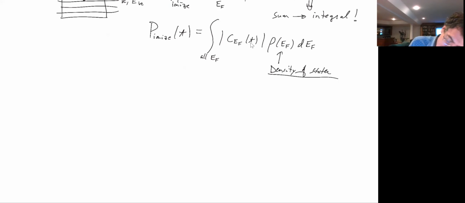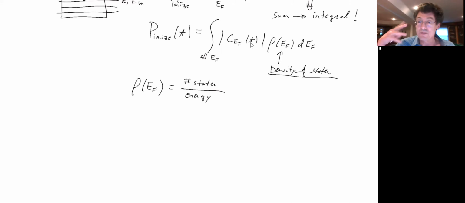And rho of EF, the density of states, is a quantity that tells us the number of states per energy. There is a number of states per energy, and it depends on the energy. At higher energy, there's more states. At lower energy, there's fewer states, and we'll actually calculate that at some point, so you can see explicitly what I mean. But the important thing to know is the definition, which is that the number of states